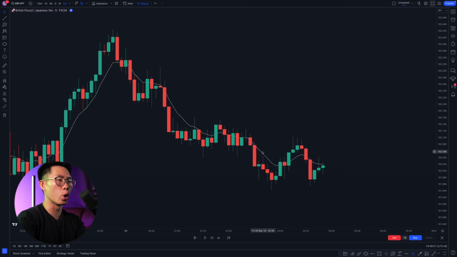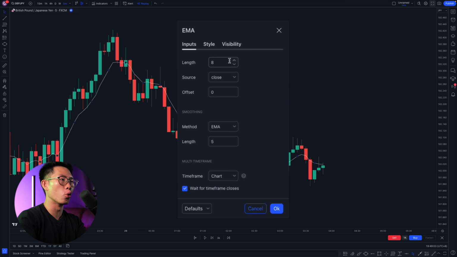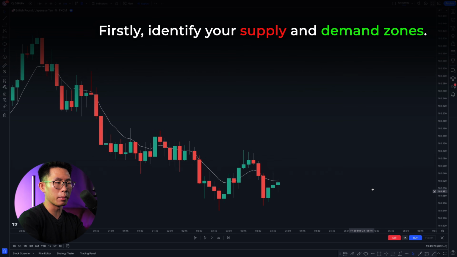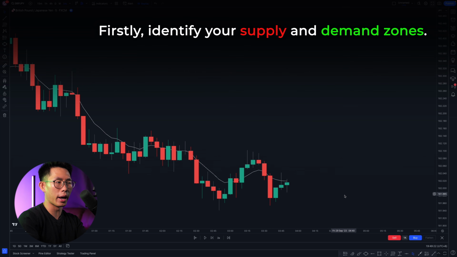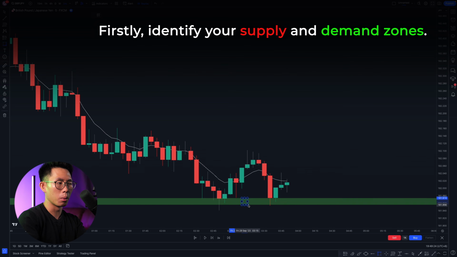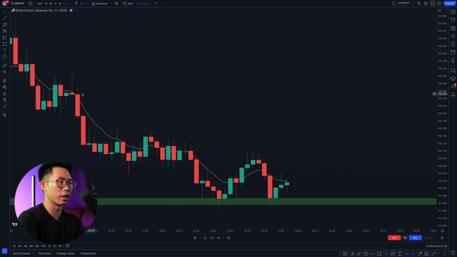Now for this strategy, we will be using the 8 exponential moving average. These are the settings, you can copy them if you want. Same thing, first step is to identify your supply and demand zone, and I can identify a demand zone being formed right here because price has just did a drop base and it could potentially be doing a rally